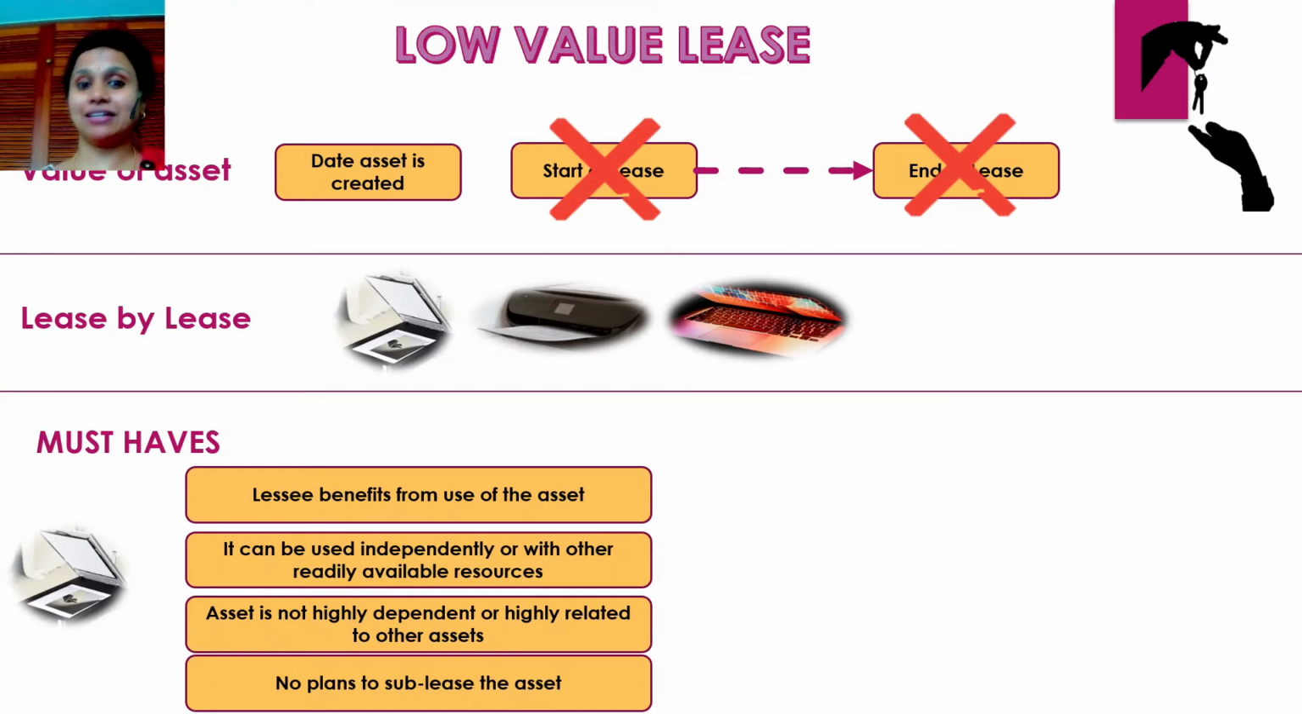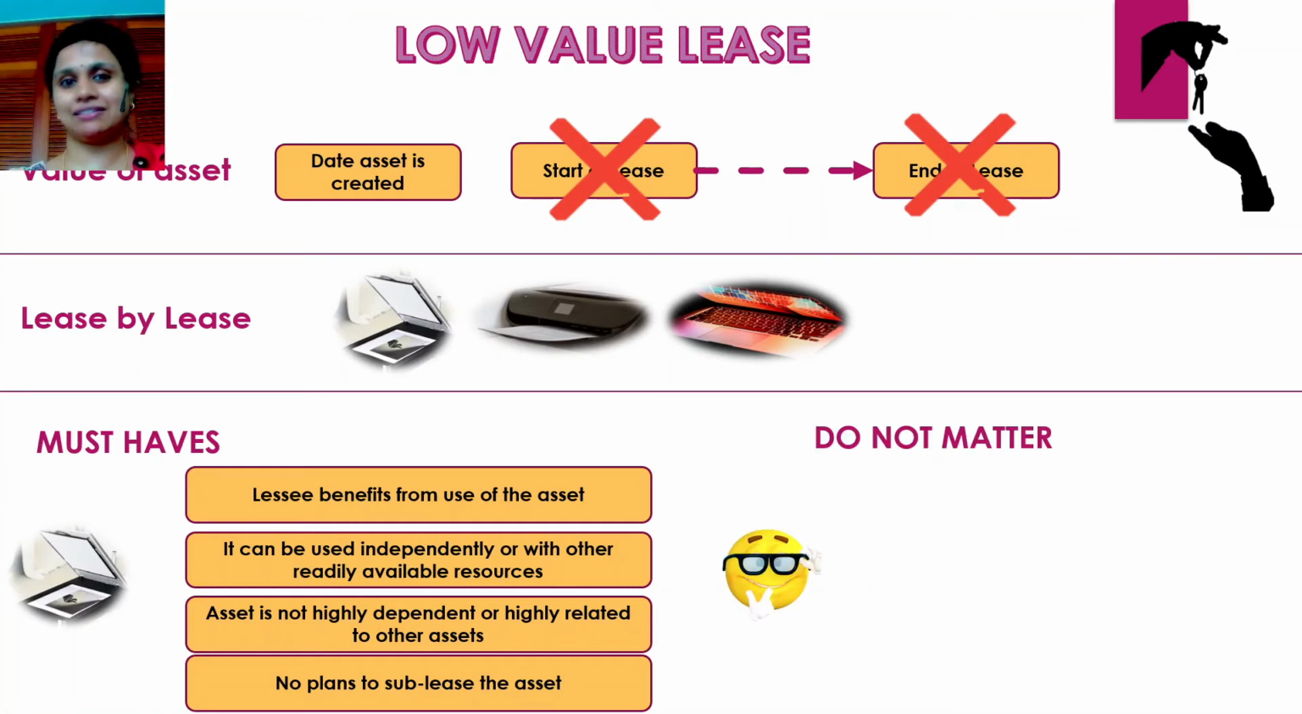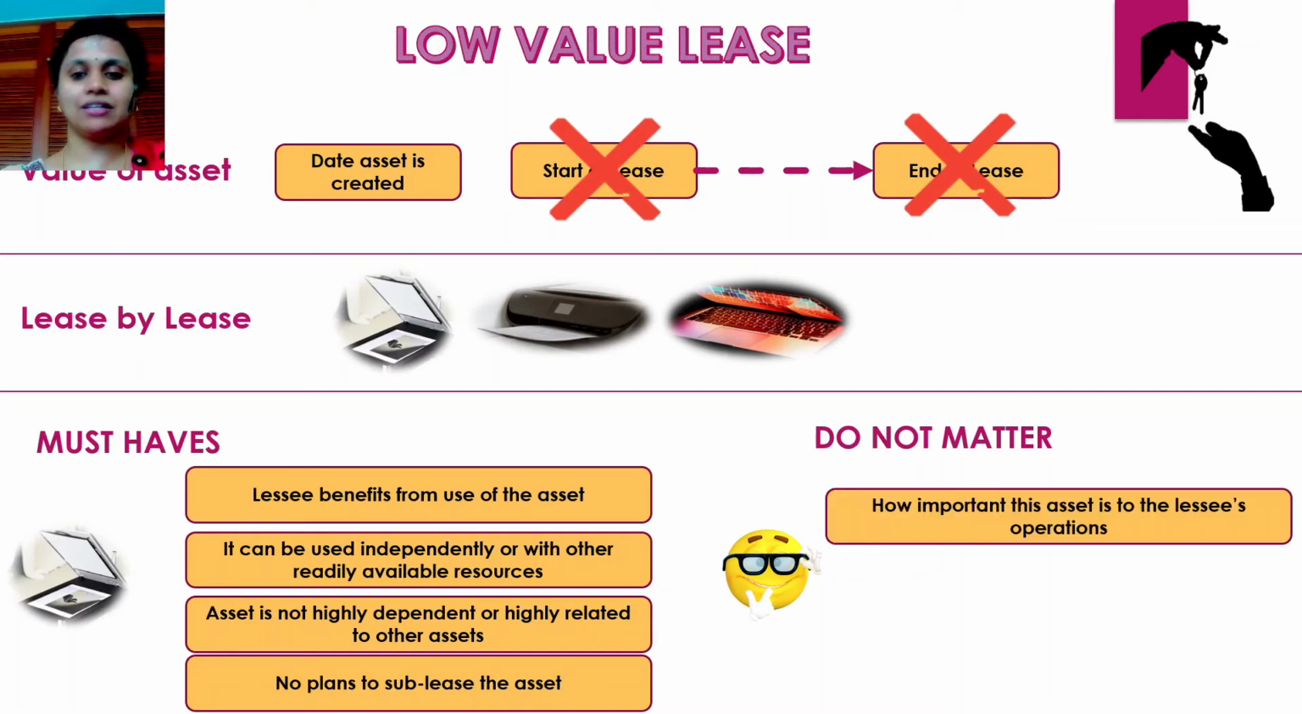Now, there are some other characteristics that do not matter in determining whether an asset is low value or not. The first one is how important this asset is to the lessee. For example, a stockbroker. For a stockbroker, his entire work will just be on one laptop. But you cannot say, oh, this laptop is so important to you, so how can you classify it as a low value asset? No, it doesn't matter how important this asset is to your business for this decision regarding